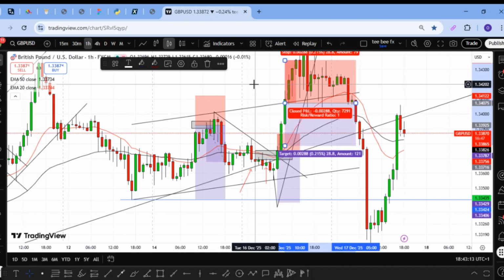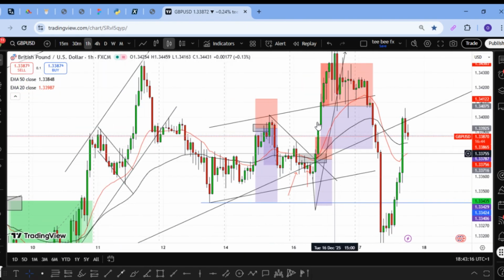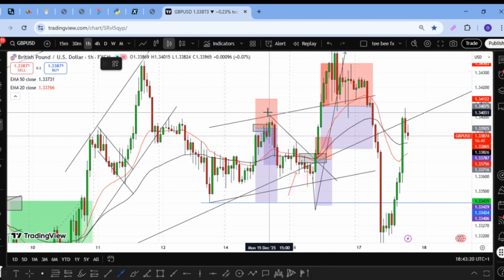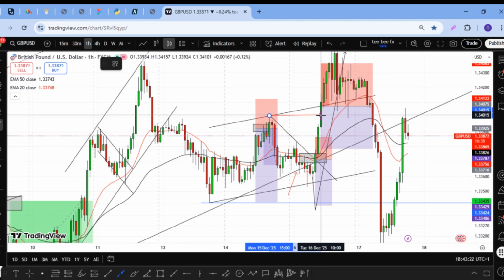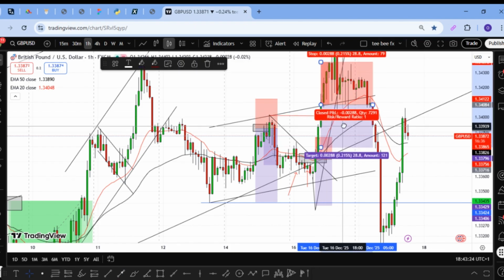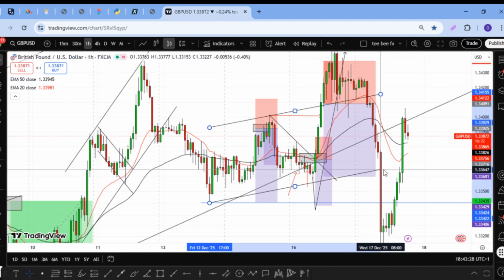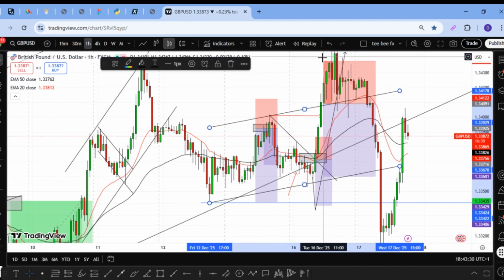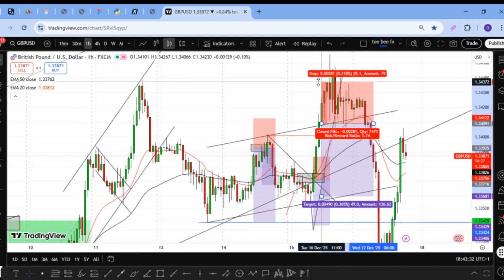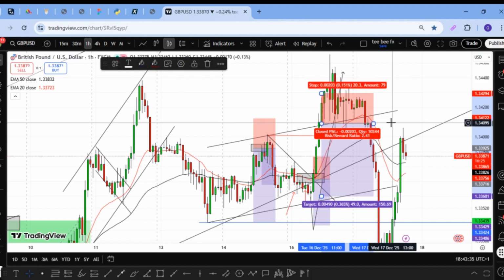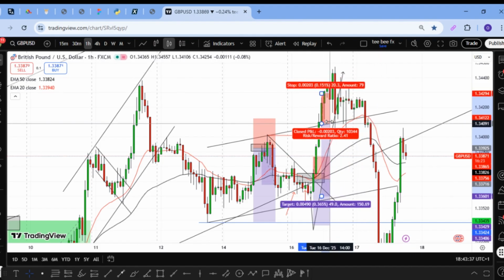I entered again for a sell when I saw that price had made a new high. Price made a new high here. And I was expecting price to have a pullback from this new high to come back to this trend line at this bottom, so that I can buy from there. But price didn't, and I took a loss once again. I was risking 20 pips on this trade. So these were the two losses that I took